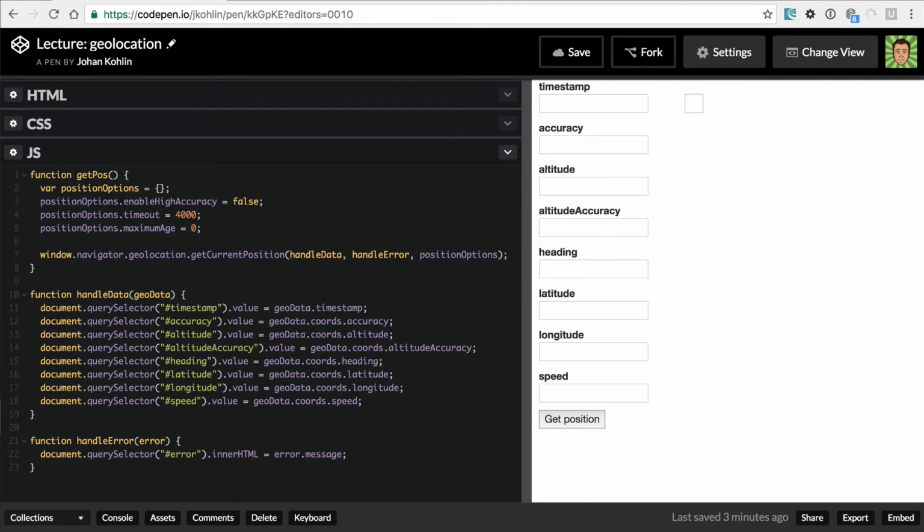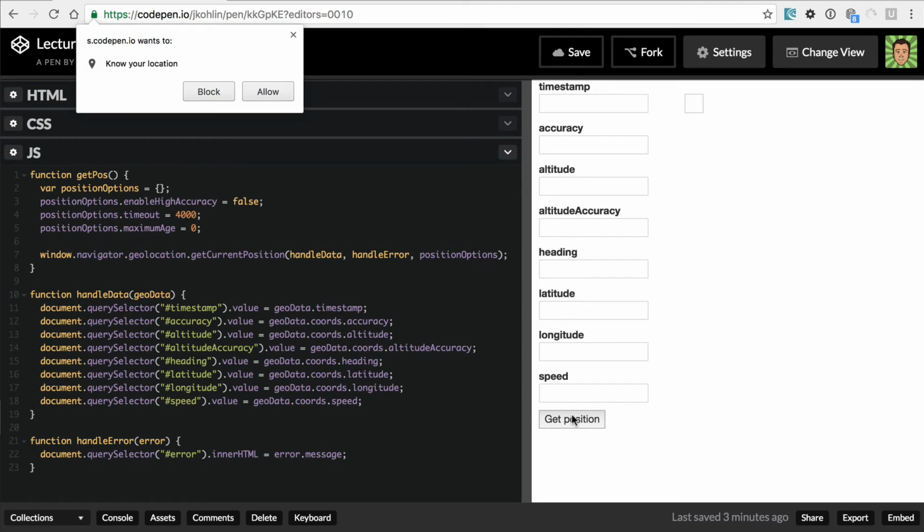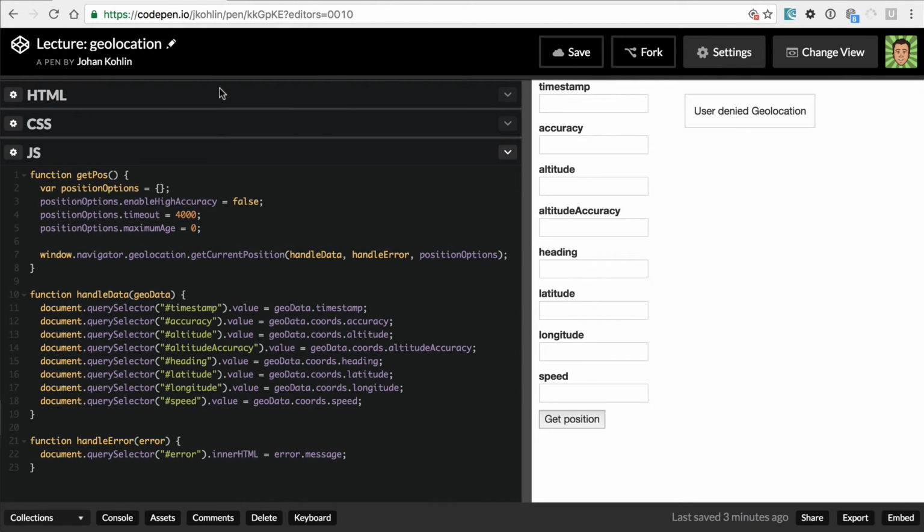All right, I've tried to clear my settings and see if I can get the position. So here comes the question. Do you want to block or allow? Let's try block. Then I get the information that the user denied geolocation. All right, so that's why we didn't get the latitude and longitude. What if we remove